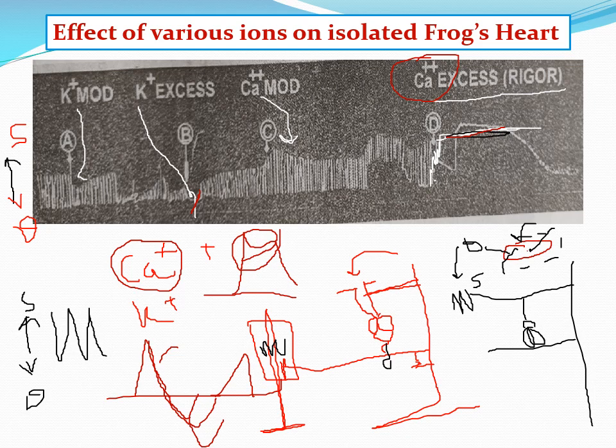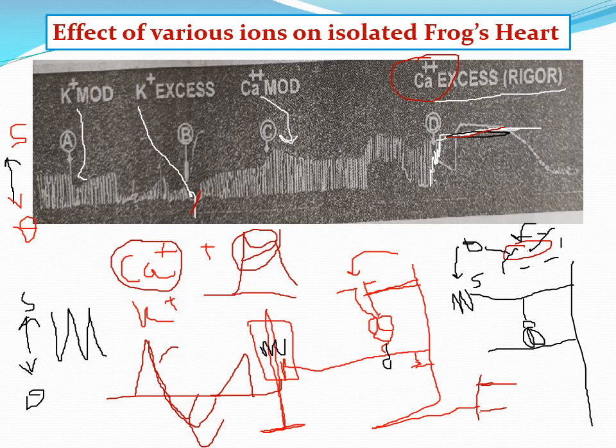Also there are two additional types of rigor we discussed. One is heat rigor, and second is rigor mortis. In our first practical, we studied the effect of temperature on the frog's heart, and when we increase the temperature above the physiological limit, that is 45 degrees Celsius, and you pour saline at 45 degrees Celsius on the cardiac muscle, then the heart stops. At that time the heart stops due to denaturation of the protein. That is called heat rigor.